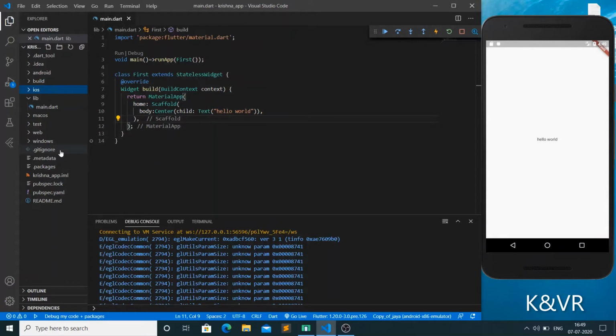This is the git connection for your app. From here you can access many settings, and here are the packages of your app.